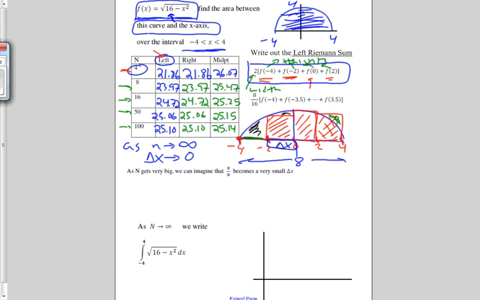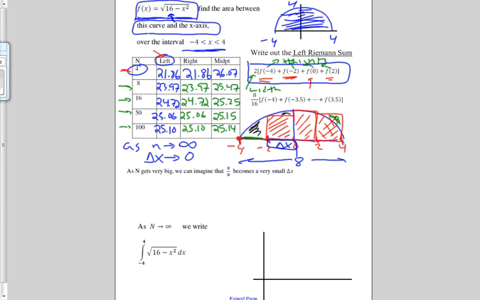And what we can notice is that as n gets really, really big, looking down at this point, my left bound, my right bound, and my midpoint are all getting very close to a number of about 25.1 something. When n was 4 at the beginning, my values weren't nearly as close, but now we're approaching a much closer number. And the idea again, as n gets really big, if we think about our approximation for area,